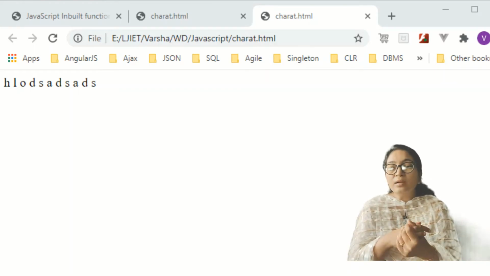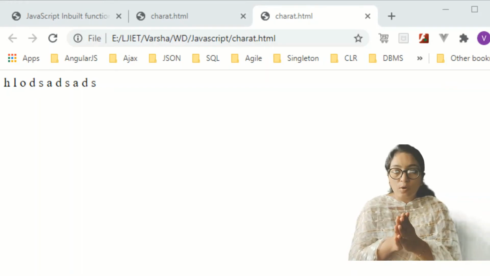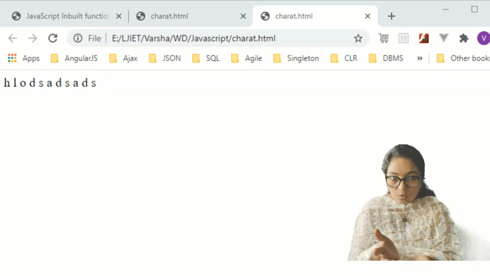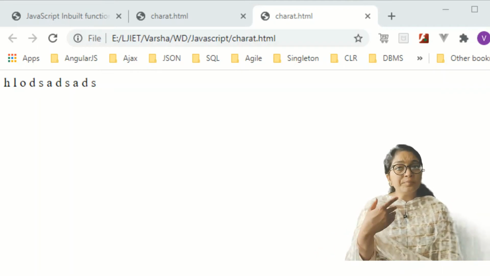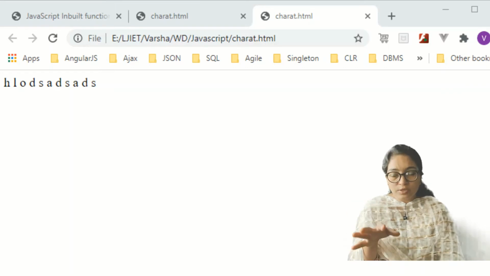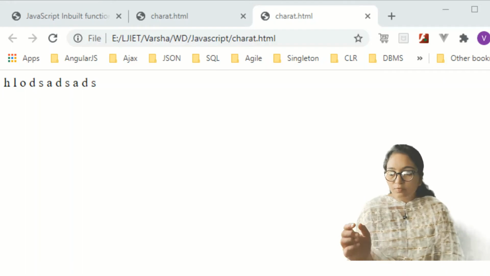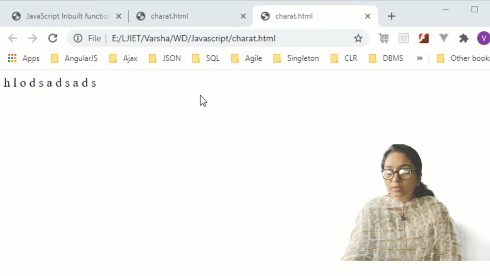Another function is prompt, which asks the user to enter a value. We will make a user-defined function, and in that function we will use the JavaScript inbuilt functions. So let's do another practical.